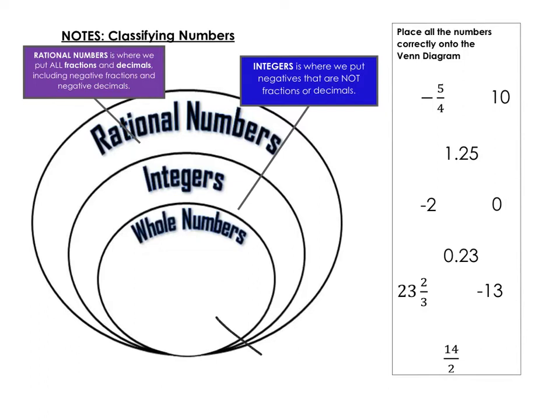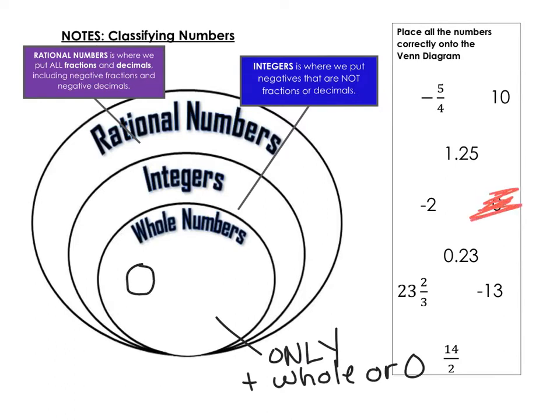So we can put only positive whole numbers or zero in here. Okay? They're like your counting numbers and zero. Okay? So here we're going to go ahead and put 0 in here. I'm going to go ahead and take out 0. Then we're going to see